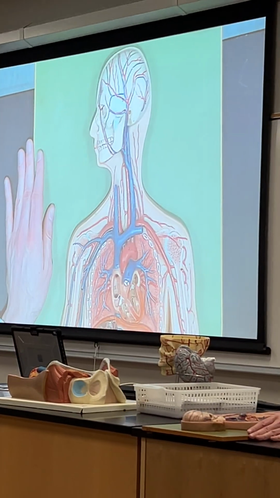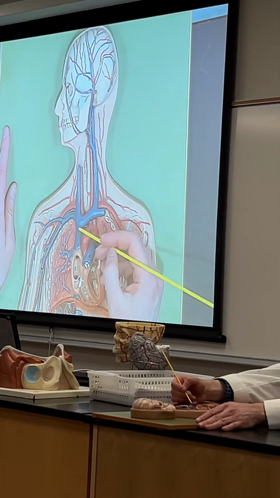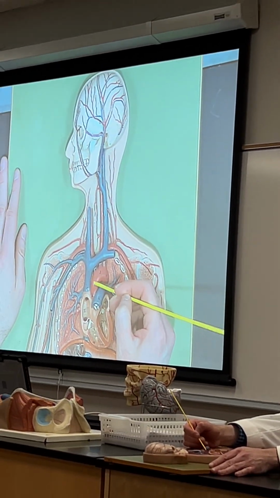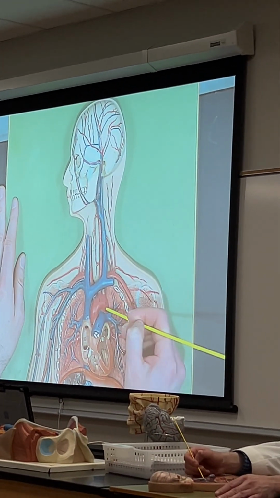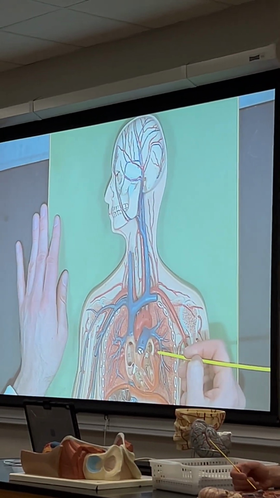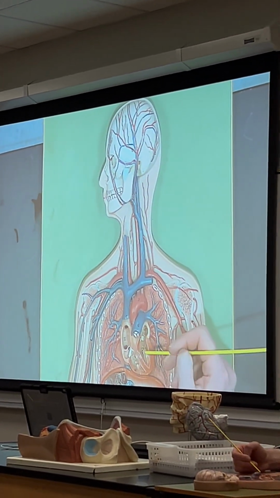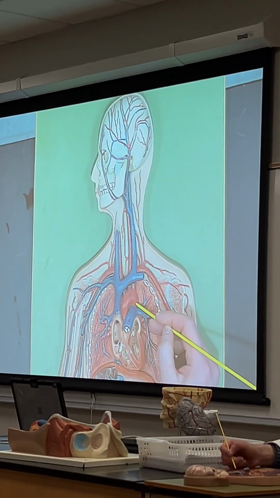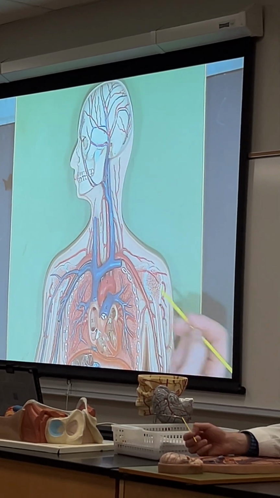All right, so let's start with what we can see up at the top here. Here's your ascending aorta. Here's the aortic arch, and then this is the descending aorta. The rest of the descending aorta is covered up by the heart. That's all that you can see of it right there, as it starts to go behind the